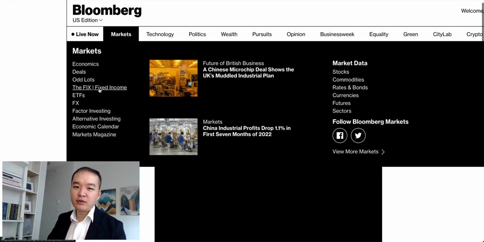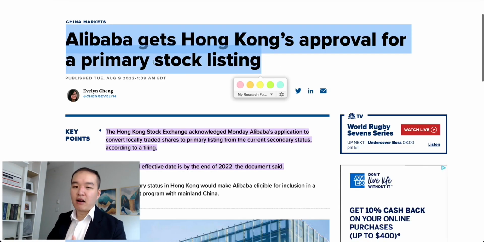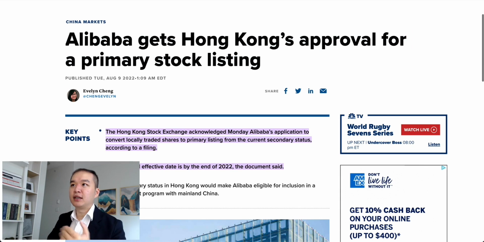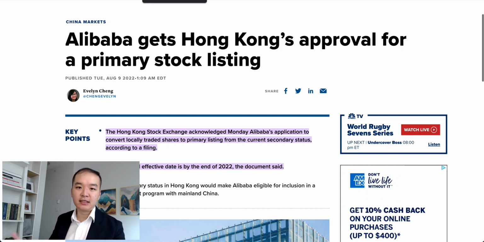And if they do get the deal, great, fantastic, they can be listed in US for a longer period of time. But if they don't, then, well, they are okay in Hong Kong anyways. So this actually puts a lot of pressure for investors to offload their stock and repurchase it in Hong Kong exchange. But if they cannot do that, then they would just exit and invest in something else.